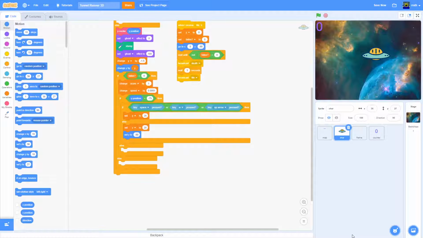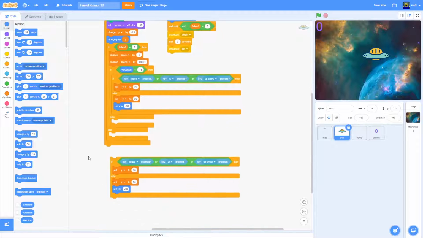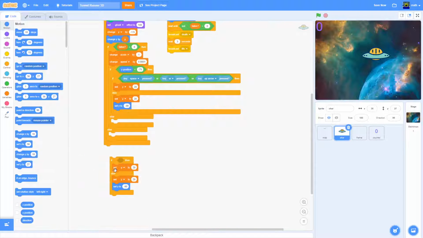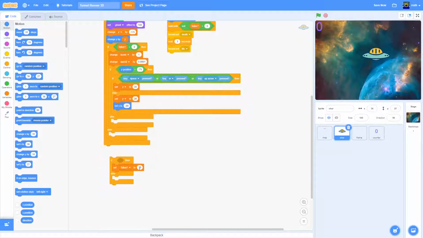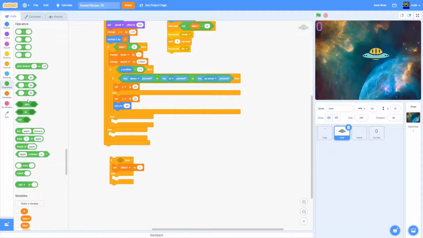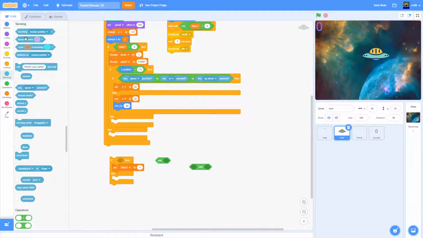And then here, after all of this, we're gonna do another if else statement. So yeah, get rid of all of that. And here we set fallen to 1. So if it actually falls, so if it is not touching the map,